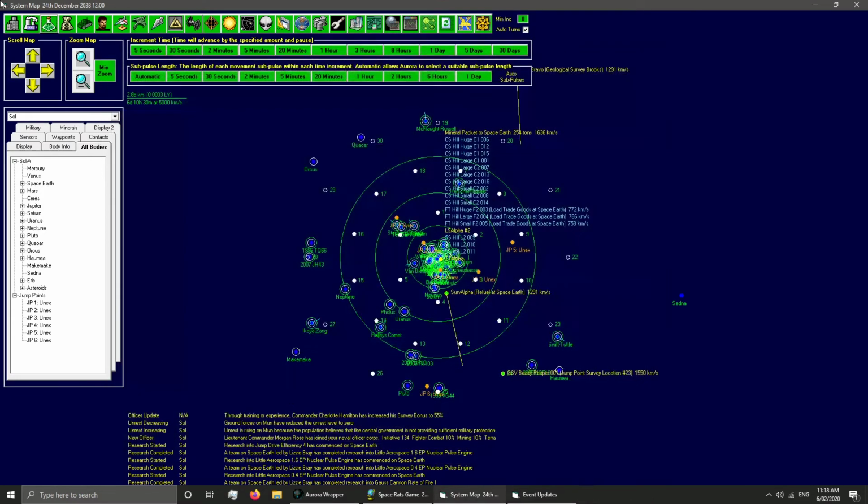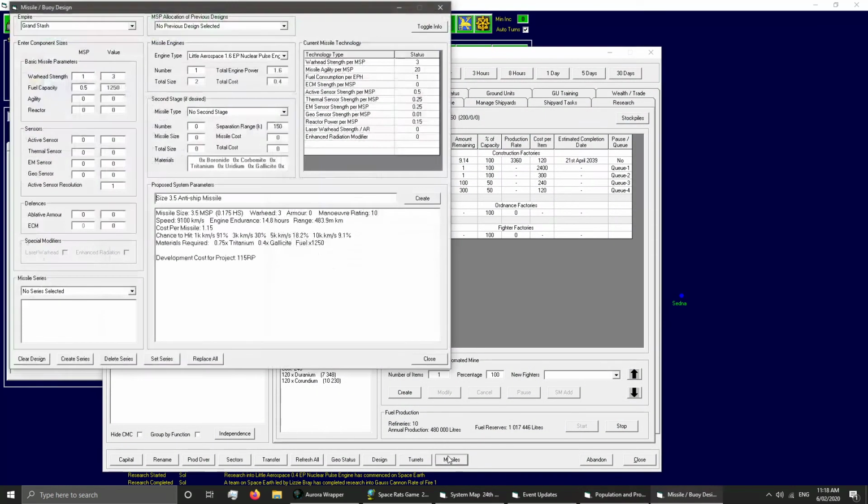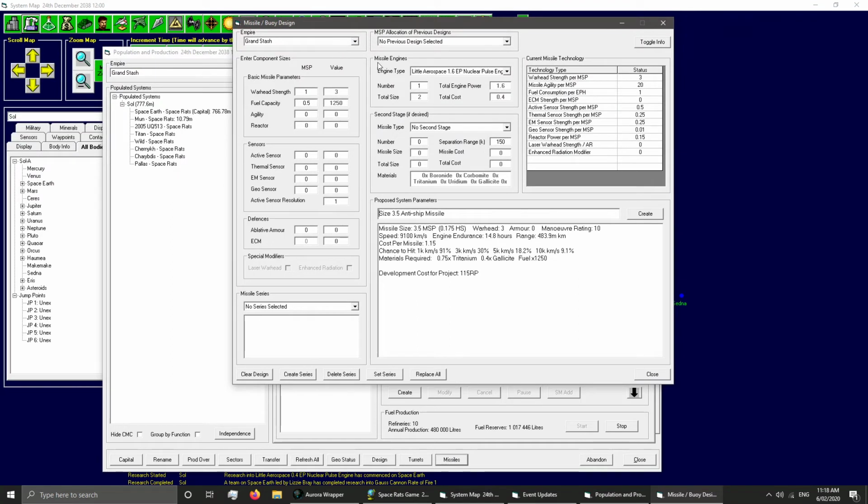All right, let's design some missiles. This is super, super cool. Wait, I think it was there. Missiles? Loads of ways to get to the screen. All right. Let's design an anti-missile